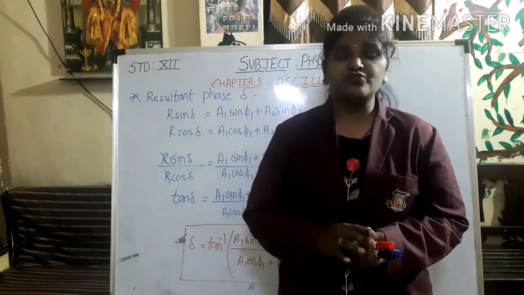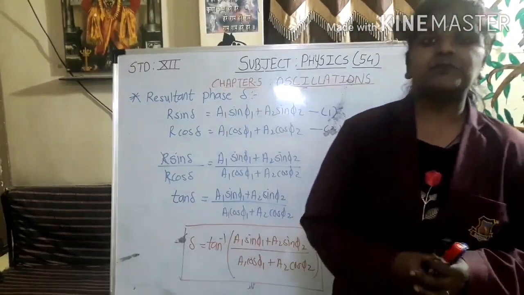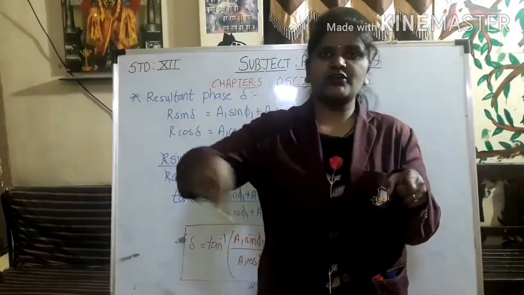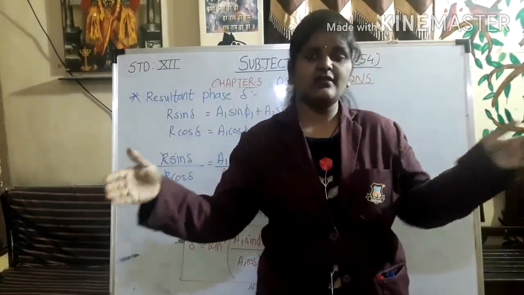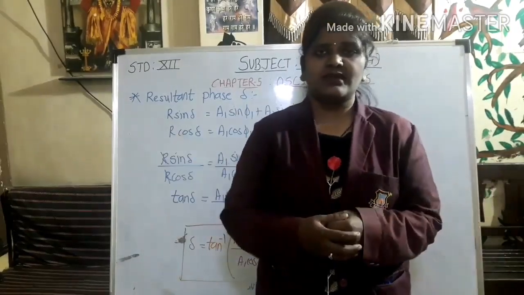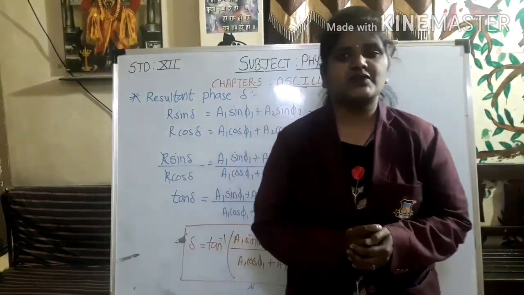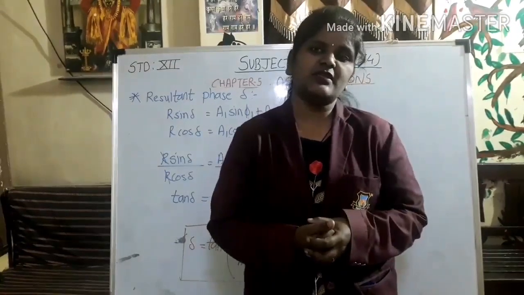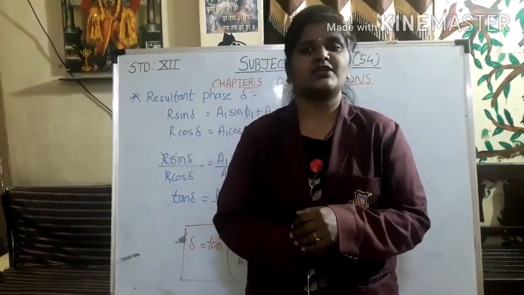Now we are going to move towards the new concept, which is energies. As we said that the particle is oscillating, right? When the particle is oscillating from the mean position to the extreme position, either on this side or this side, when they are moving, they are changing their position, right? When they are changing their position, obviously kinetic energy and potential energy should be there. As they are moving, kinetic energy should be there. So we are going to find out the kinetic energy and even the potential energy.